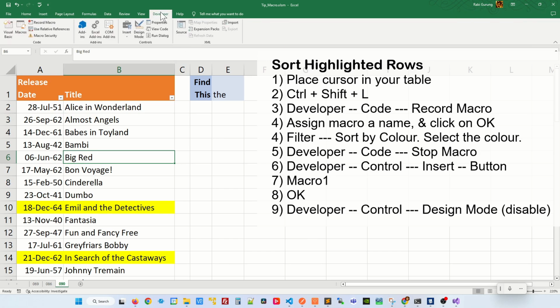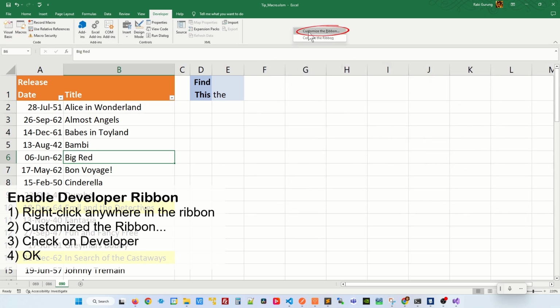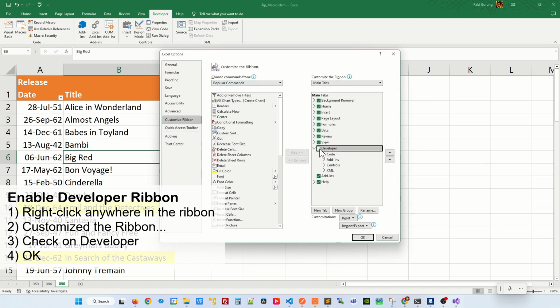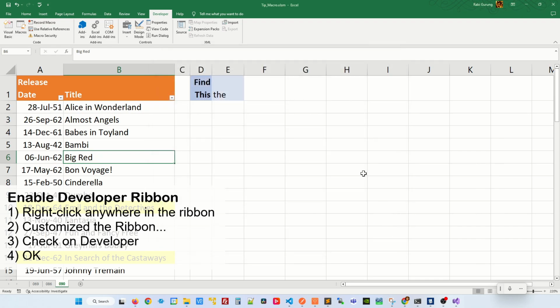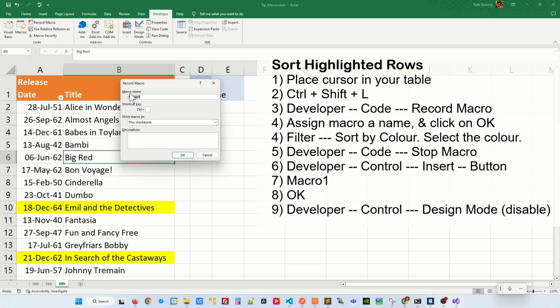Now go to Developer. If your Developer tab is not available, right click anywhere on the ribbon and click on Customize the ribbon. And then make sure that the check mark is available next to the Developer and click OK. I already have my Developer tab on here. So the next thing you're going to have to do is click Record Macro and then give the macro a